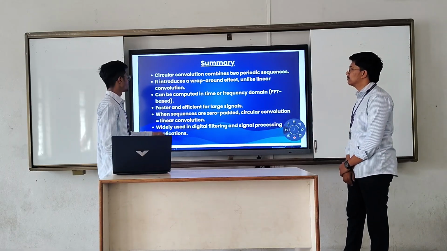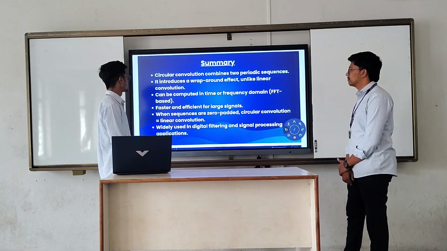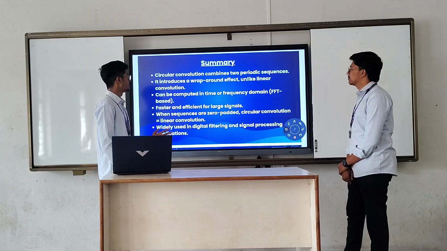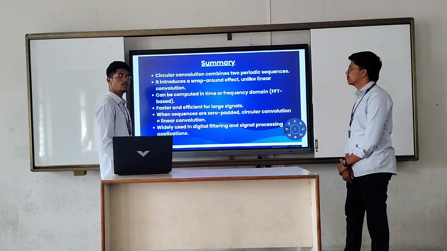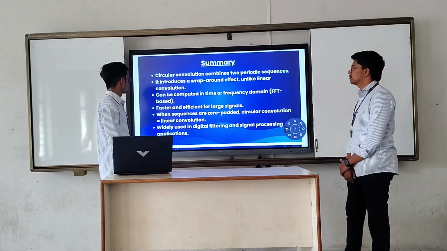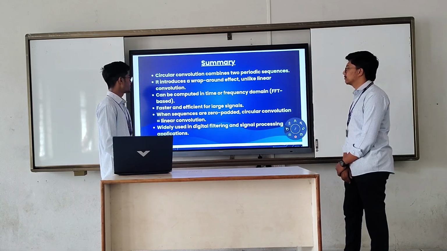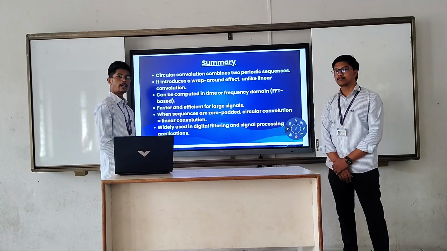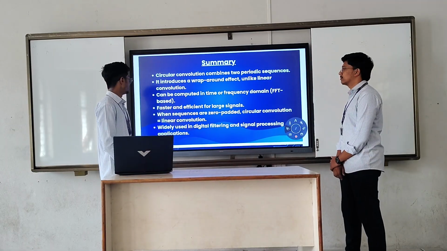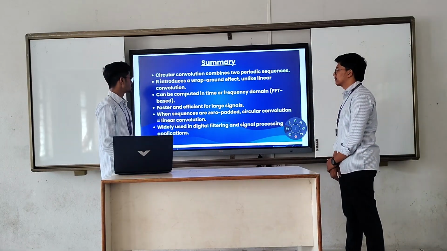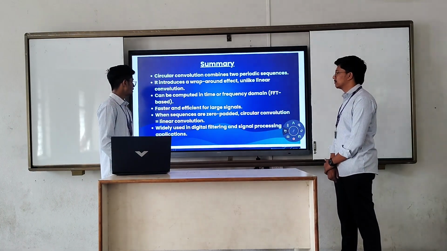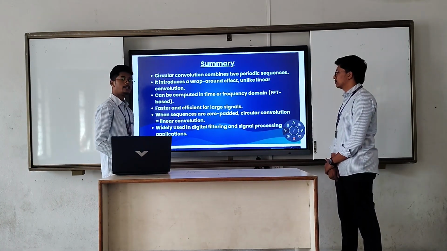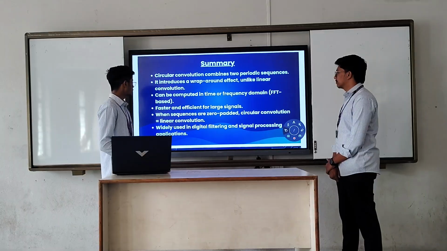This is the summary of our circular convolution topic. The circular convolution combines two periodic sequences, as we have already learned here. It introduces a wrap-around effect, unlike linear convolution, which is straight and can be computed in the time or frequency domain. It is mainly used in FFT. It is generally faster and more efficient for larger signals. When the sequences are large, we use the zero padding method, circular convolution,